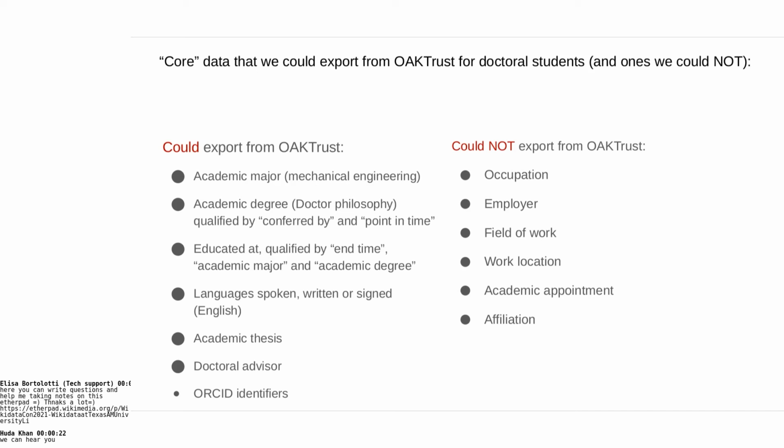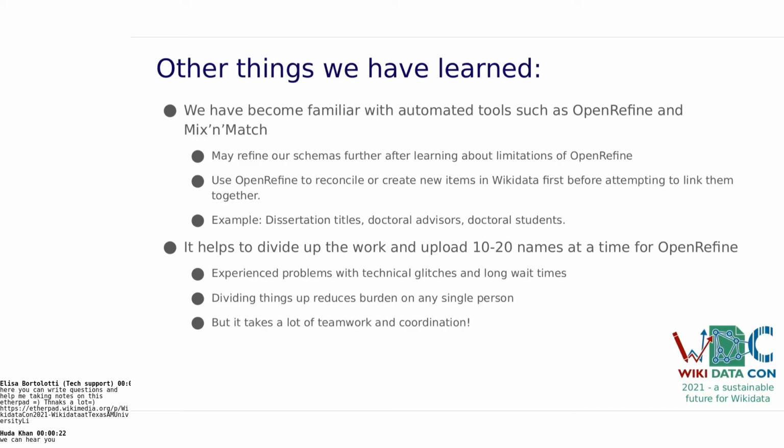So did they become an engineer, or did they become a professor and enter academia? Who did they work for after they left? Field of work, did they continue in the field of mechanical engineering? Work location, did they move back to their original countries of origin? Did they join the faculty at Texas A&M, which some of them actually did? And that was a shame, because a lot of our colleagues told us they were interested in finding out this information.